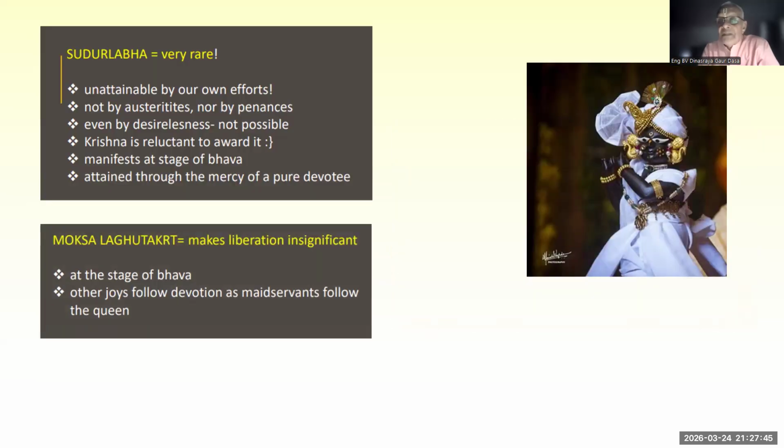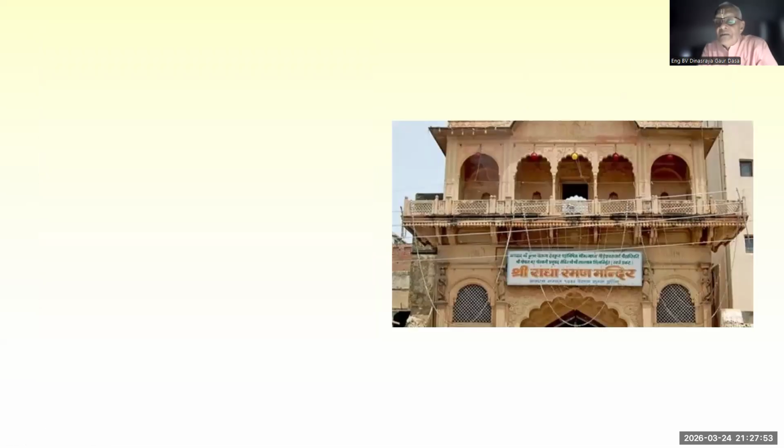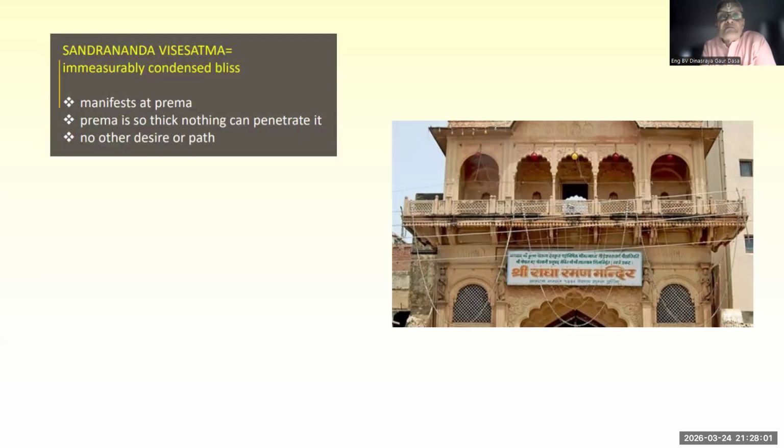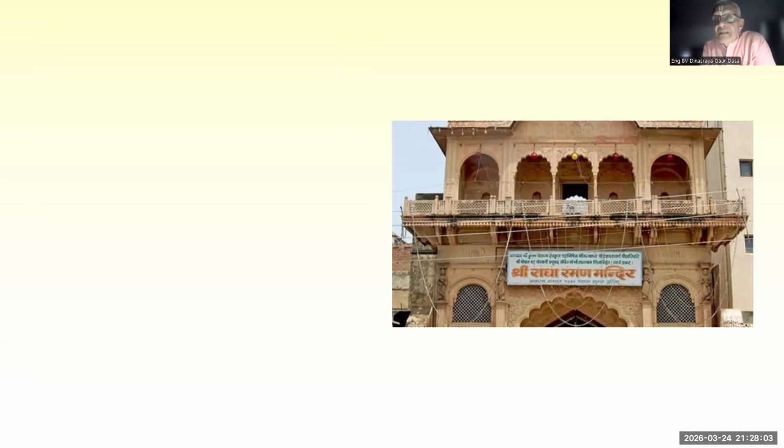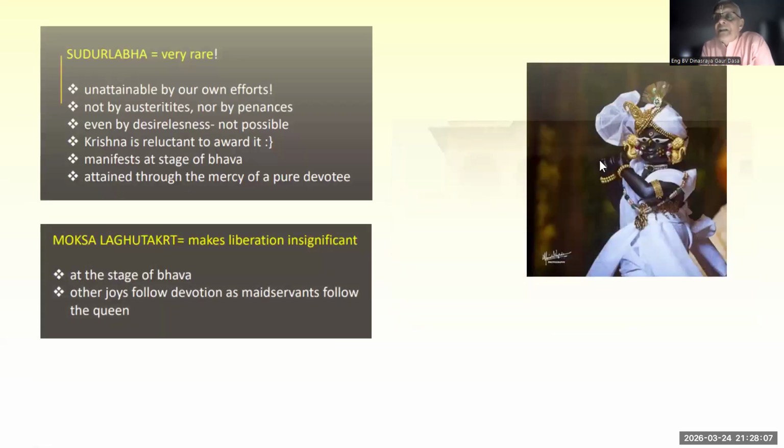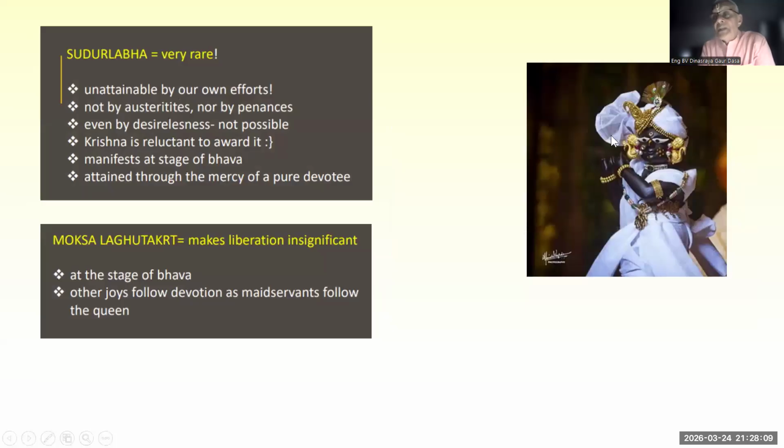Then in the previous, this is Radharaman Murti, Deity Radharaman. Does anybody know how it manifested and what happened here? This is Radharaman temple in Vrindavan, one of the temples founded by one of the six Goswamis. So I'll just give you a small story of the Radharaman deity here. Radharaman deity is Swayambhu. It manifested by itself.